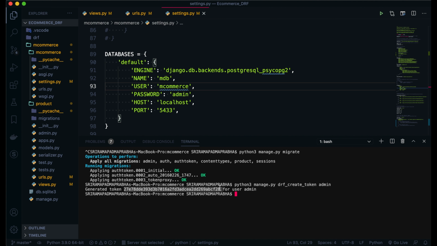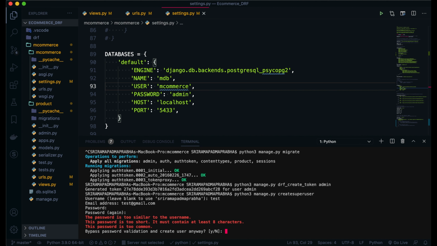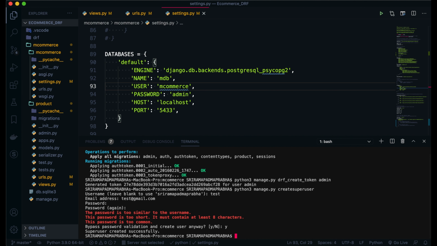If you want to create a new user, you can do it. If you're a first-timer and have not created any user so far, you need to use python manage.py and the command called createsuperuser. Okay, so this is the command, guys. Enter the username, just for testing, test, and an email like test@gmail.com or whatever test email, and the password is also test. Again, I'm entering test, and you say yes. Just for testing only.